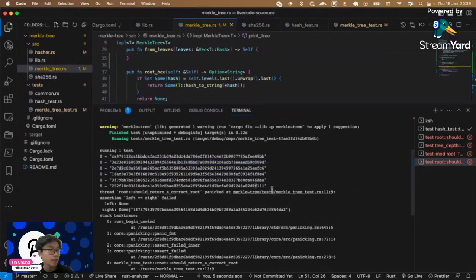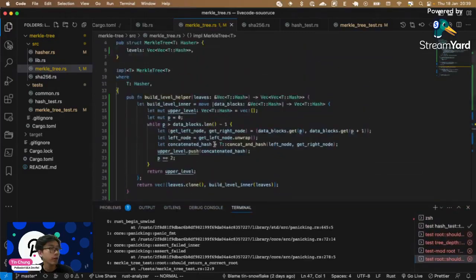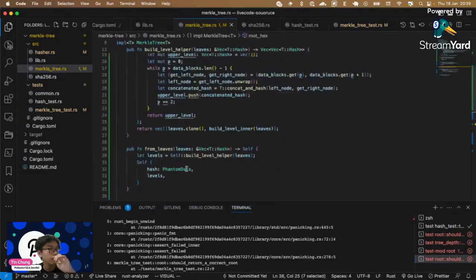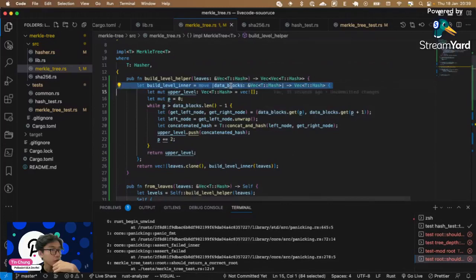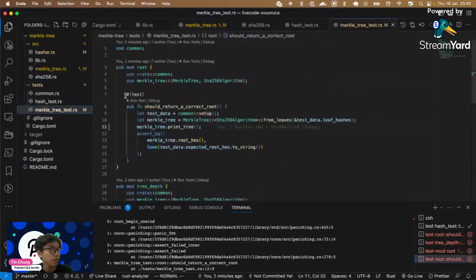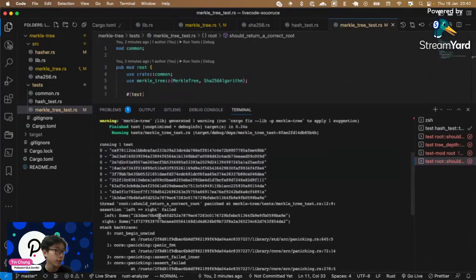All right, so our base layer, that's a block layer. We have all the hash. Now let's go to the method from leaf. So from leaf, as right here, view level helper. Then we provide the data block. In the data block, see, so now we can combine and we will use the hash in it. So you can see we got